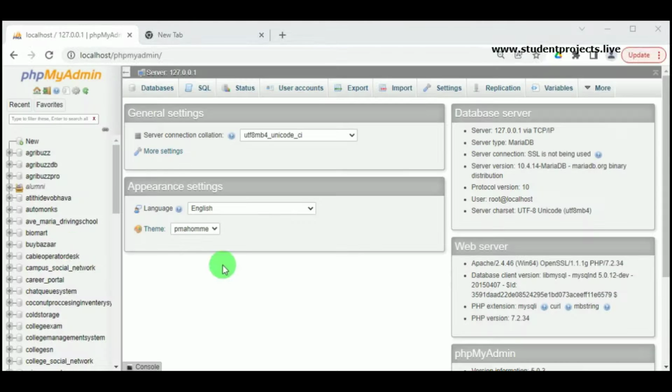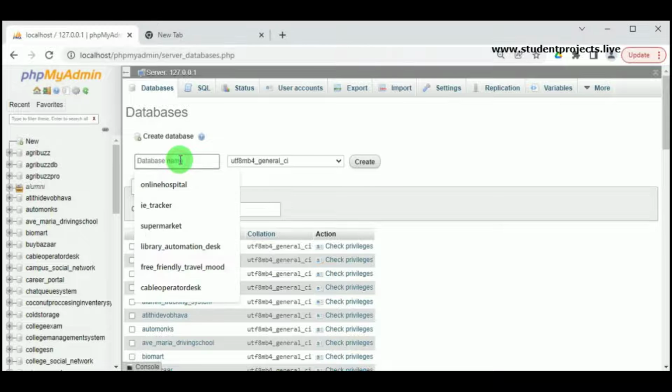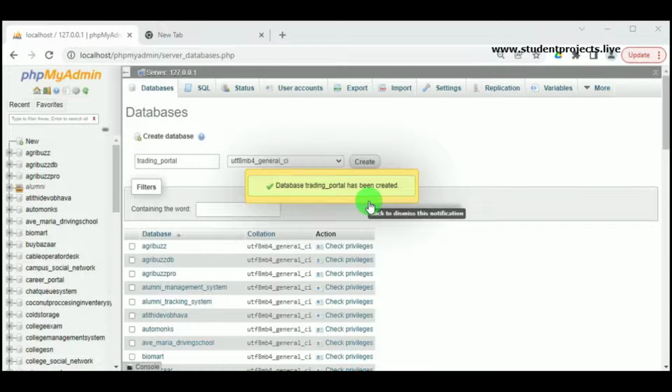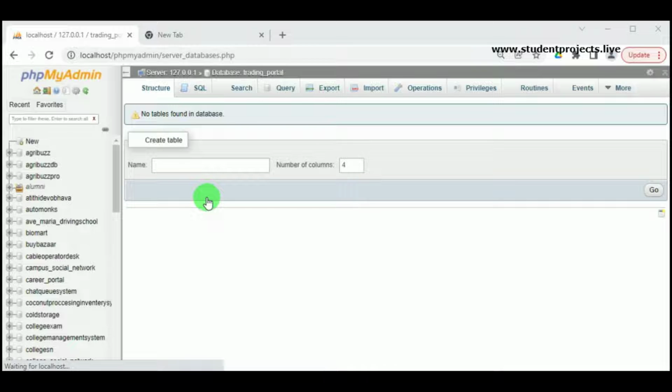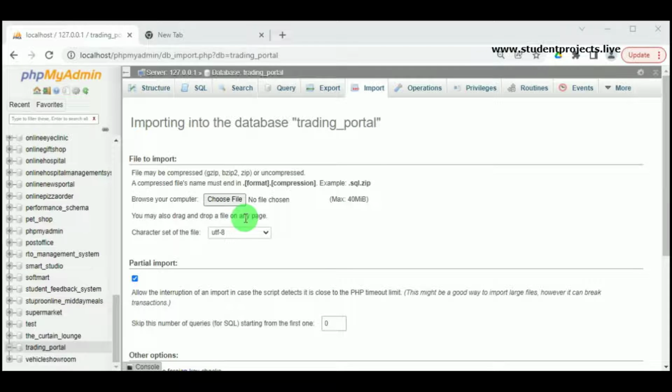So this will open the MySQL server, and here by clicking on databases we can create the new database. So let us create the database name as trading portal and click on create. Now we can see that the new database has been created. We can create the new tables here, but since we already have the database backup file with us, let us import the file. So click on import, click on choose file,